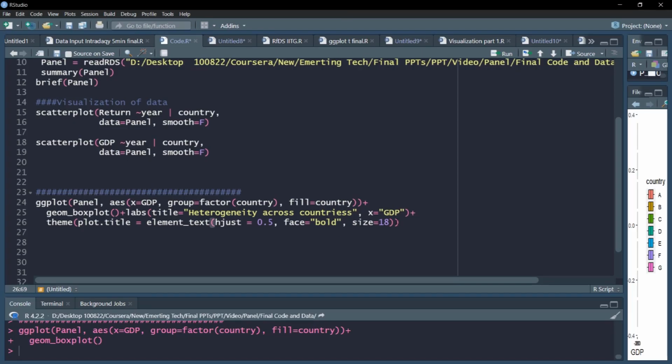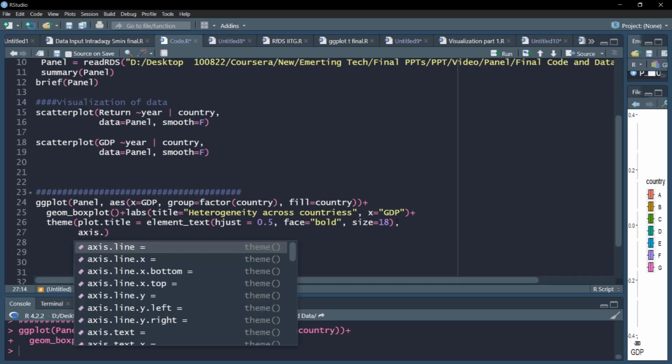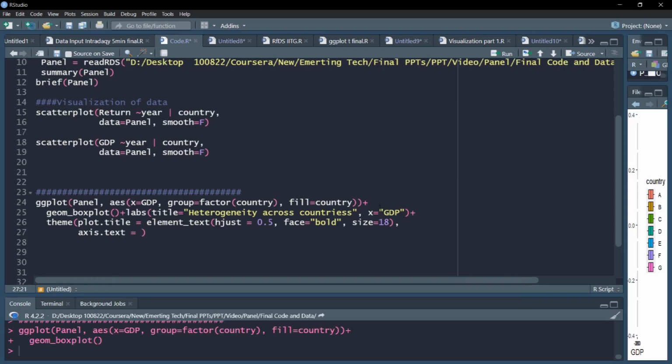Similarly, I'll specify the axis properties. I'll use axis.text, and again the same element_text argument. I'll just copy it and choose some arguments. For example, I'll use the size of 16, and I'll keep the font bold so it looks sharper.